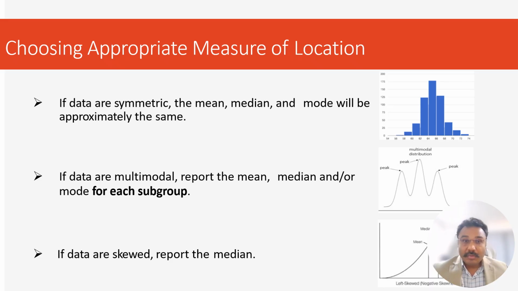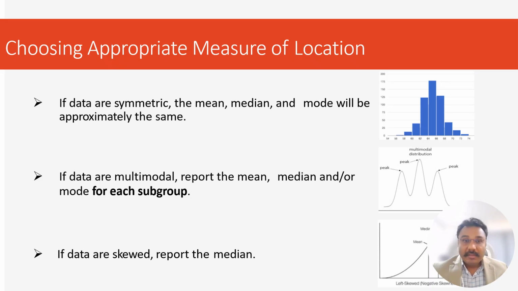In this case, the mean is usually an appropriate measure of central tendency. However, if the data are skewed, meaning the distribution is asymmetrical or is stretched more on one side than the other side, the mean can be influenced by extreme values or outliers. In such cases, the median often provides a better representation of central value because it is less sensitive to extreme